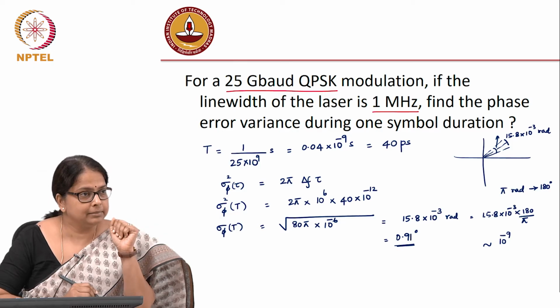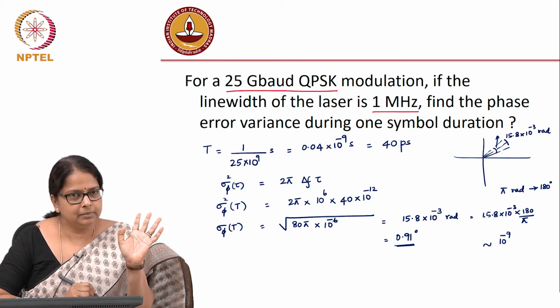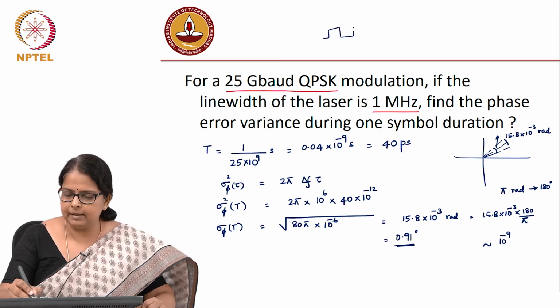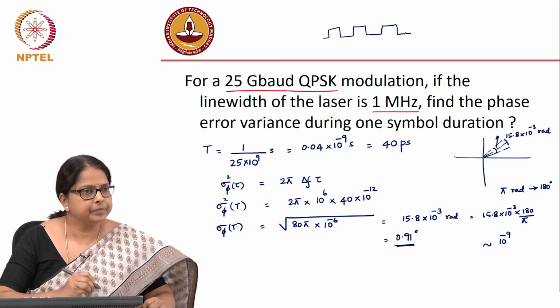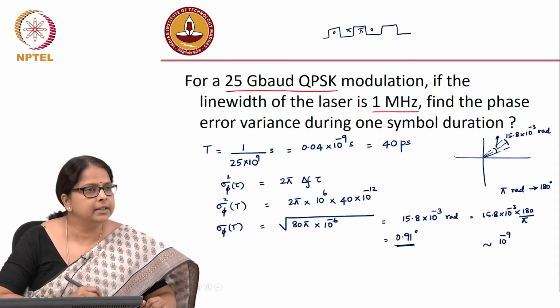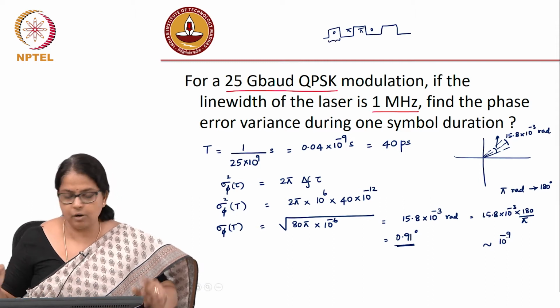This is acceptable. Any error which is larger than this is not acceptable. Okay. So, if I am doing a demodulation, I keep getting bits one after the other, and this is all phase modulated data, 0, pi, pi, 0, etc. What we are saying is that within one bit there is an error of almost 1 degree